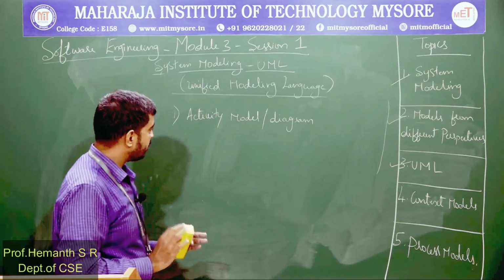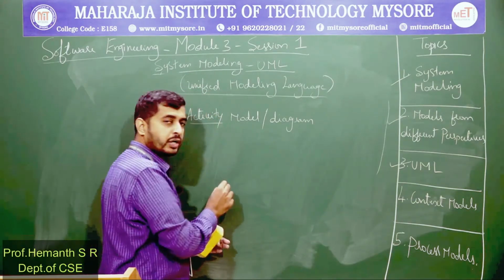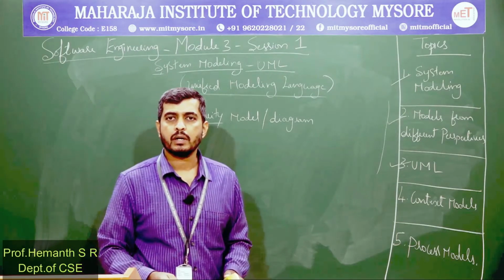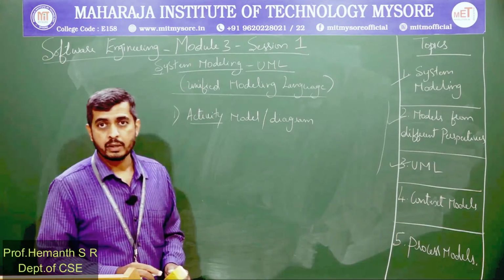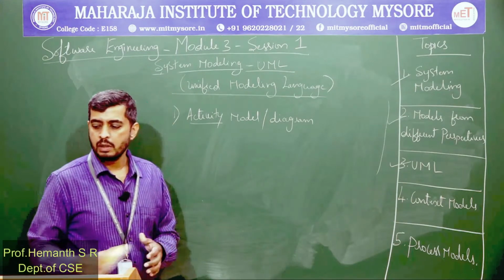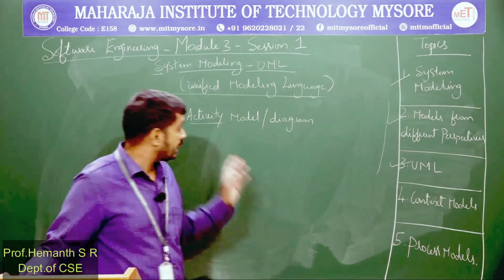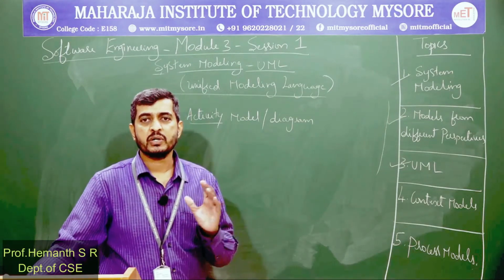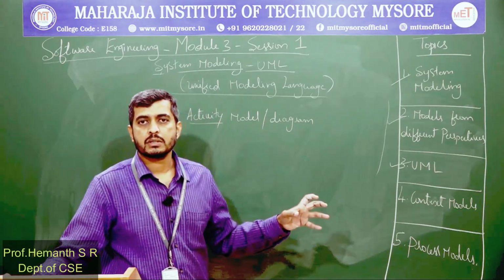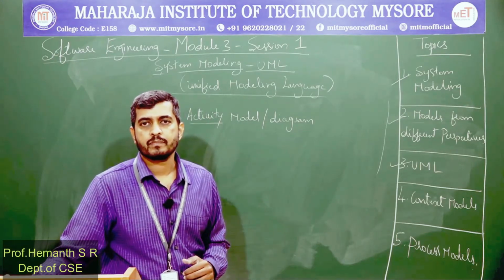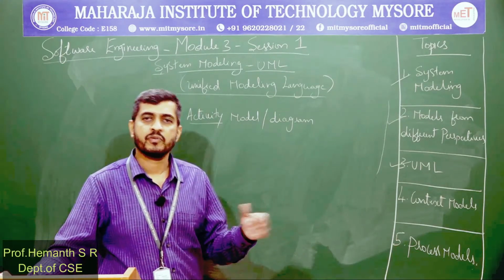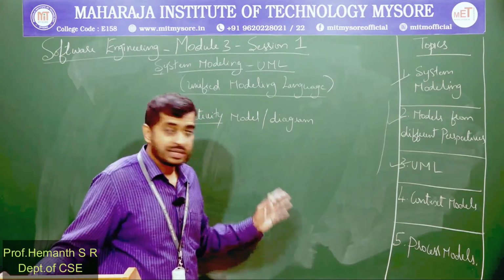So please be clear, you cannot write the graphical illustrations in a vague manner. You cannot do it in your own way. First you need to understand what are the notations provided by the activity model, what are the notations defined in the activity model. First you need to understand it, then you need to use those notations to present your design plans, okay.